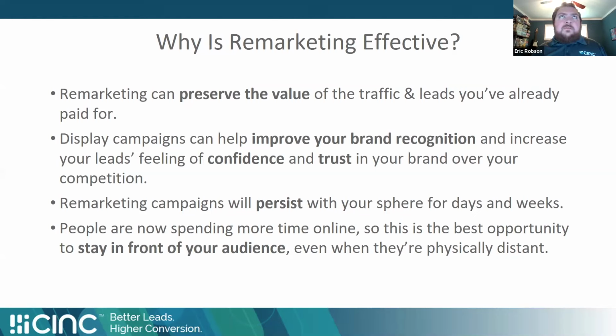And the fact that people are spending more time on their computers while you're not able to necessarily physically meet with them, be it in your office or showing them a listing, having the ability to take advantage of every opportunity to be in front of that audience, I think is really something that everyone should be looking into. And this is a way that you can maintain that relationship, even if it's subconsciously reinforced through display ads like this, just so that they remember who you are when we're on the other side of all this and they're ready to start looking